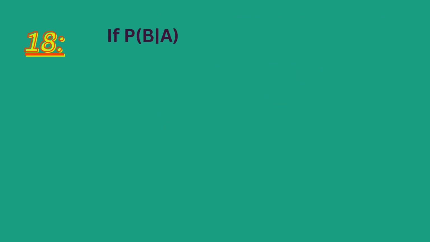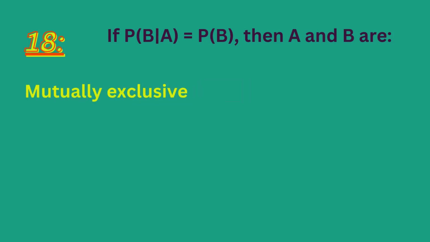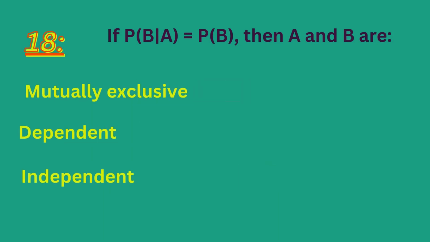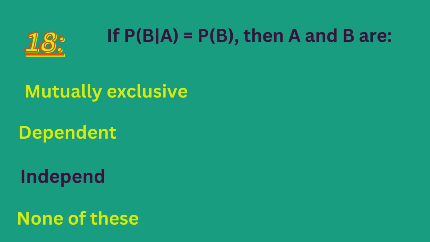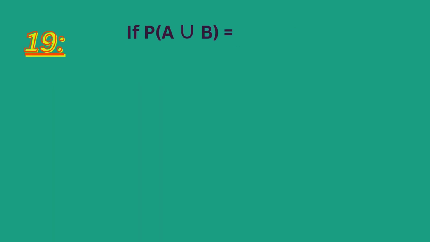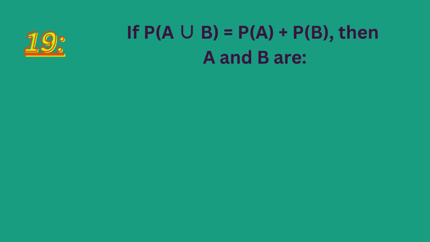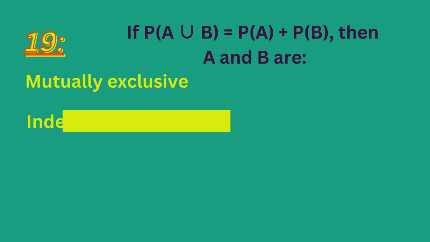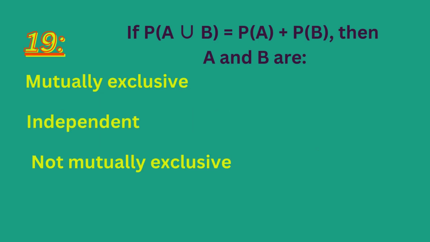If probability of B given A equals probability of B, then A and B are mutually exclusive, dependent, independent. None of these. The right answer is... If probability of A union B equals probability of A plus probability of B, then A and B are mutually exclusive, independent, not mutually exclusive. None of these. The right answer is